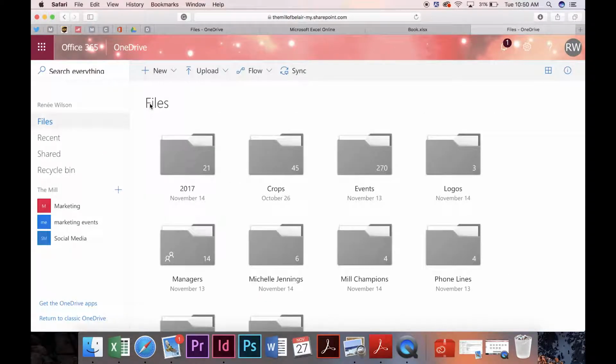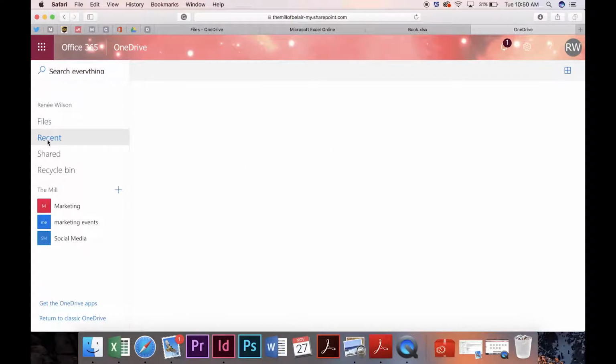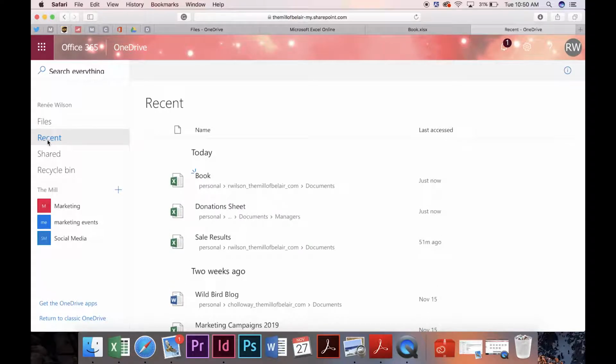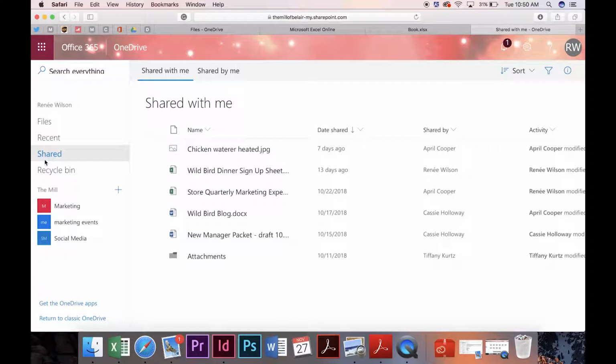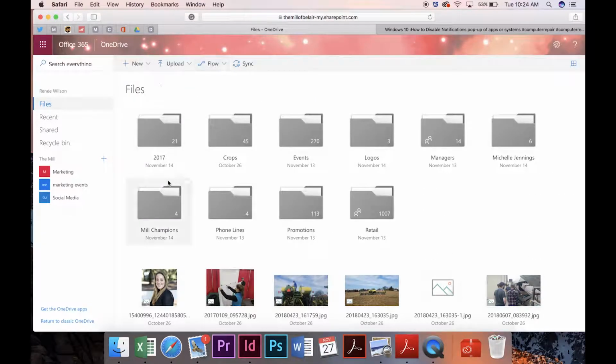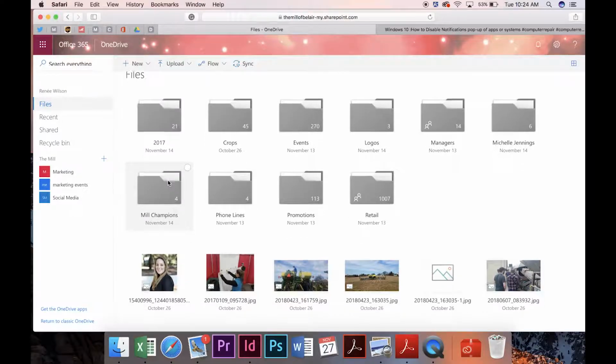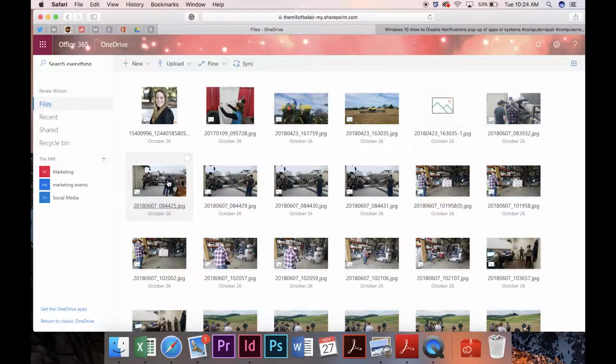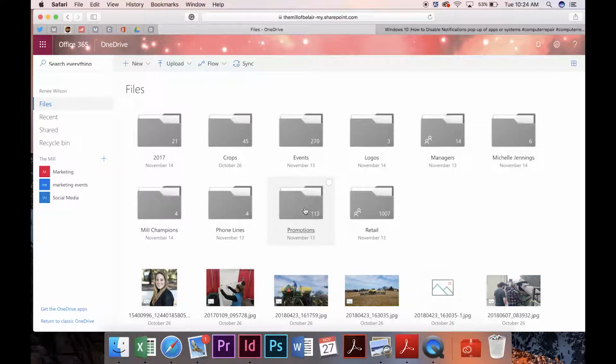Now, the only thing where I'd see somebody maybe worrying about not being able to find files, you can search if you'd like, or if you go into recent, there's where you're most likely going to find the things that you've been working on lately, and then shared. Shared is where everybody else has maybe sent you a link or has shared things with you that you can pull from too. Here you can kind of see my files that I have going, and then below there's some files that I haven't put into folders,